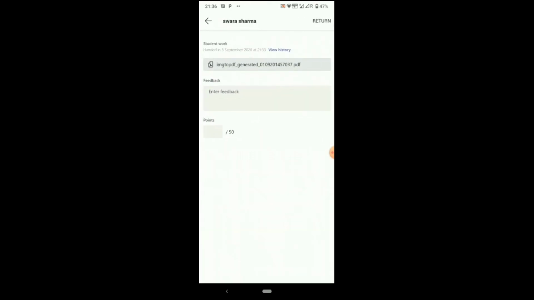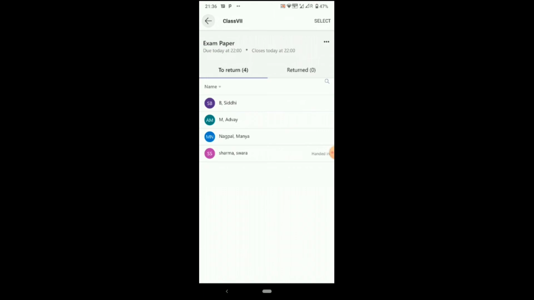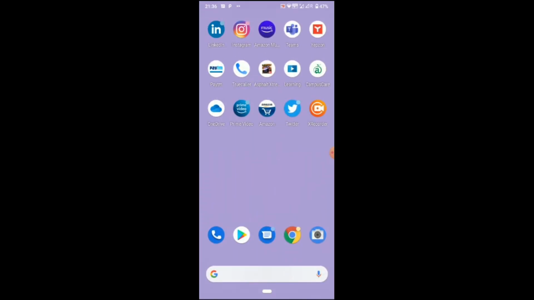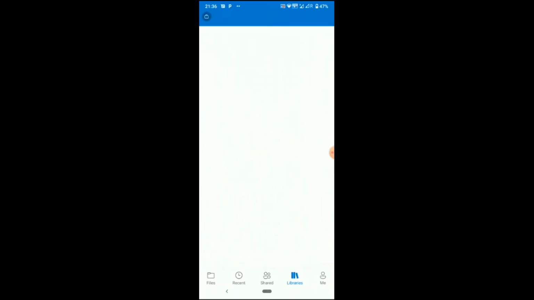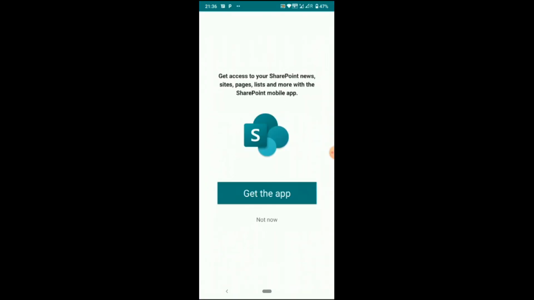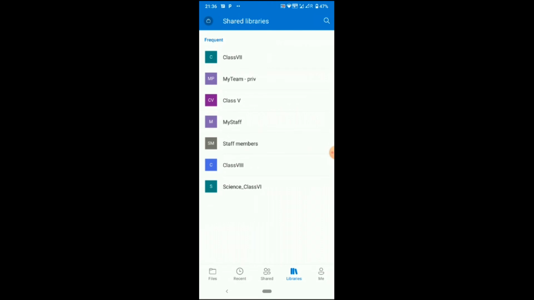I'm going back again, right? And I'm going back to OneDrive. So I'm going to click on OneDrive. And under the shared libraries of OneDrive, you can see class 7th is already visible. So a shared library is a location to store files which is backed by a Teams site and is accessible within Microsoft Teams, SharePoint or Outlook. It is very easy to copy or move files when you and others need them.